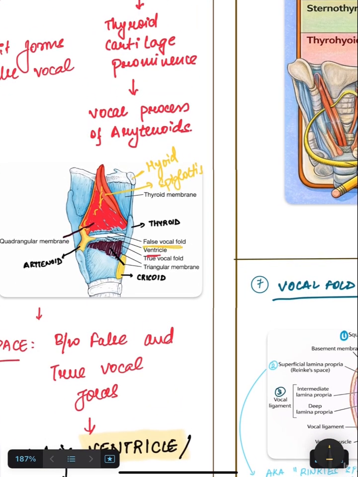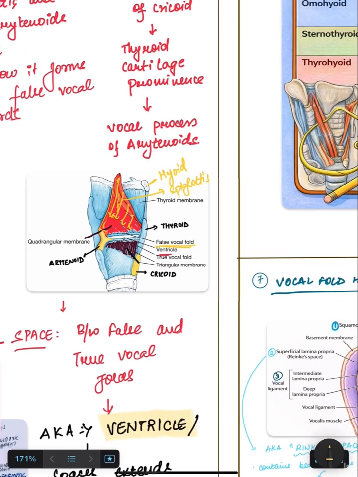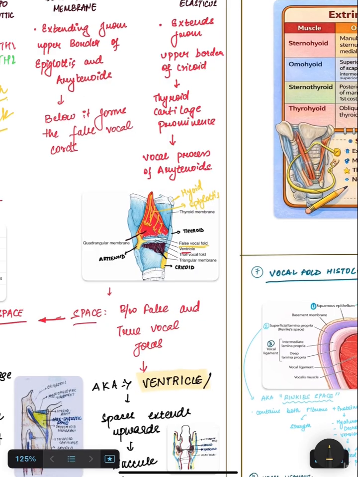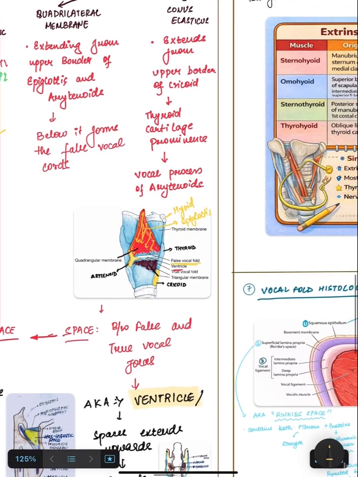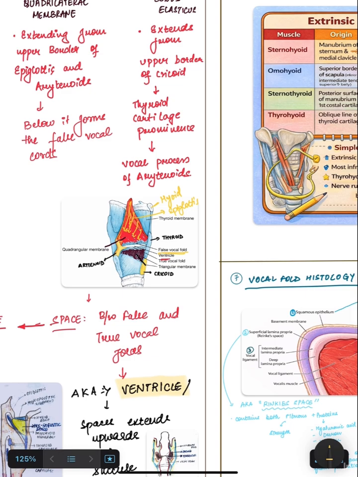You can see I have highlighted over here the false vocal cord. So it is coming from upwards to down like this. Okay, it is covering like a drape and it is quadrangular in shape, and inferiorly it is forming the false vocal cords. Whereas when we talk about conus elasticus, it is extending from below upwards, मतलब नीचे से ऊपर जा